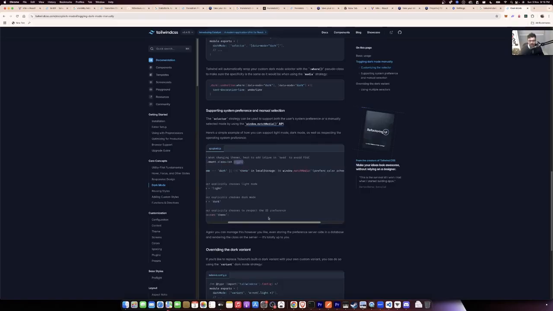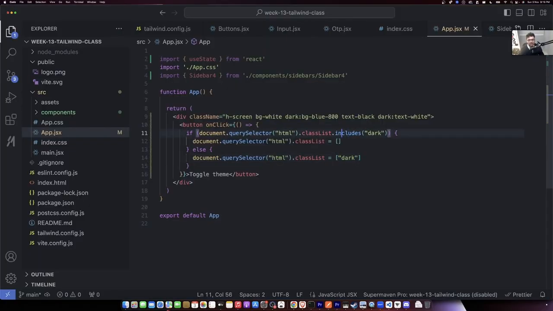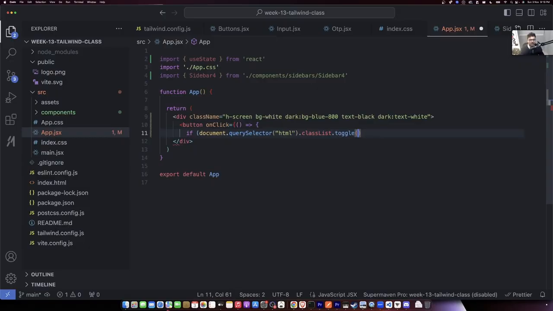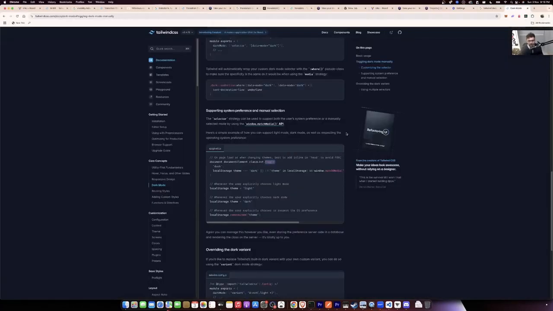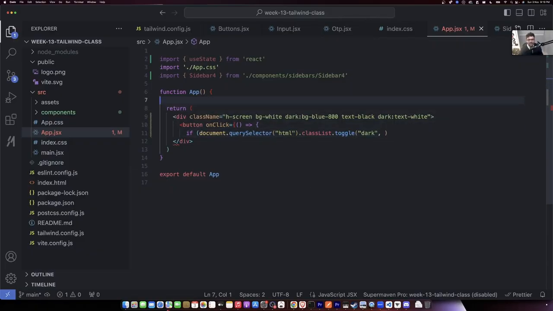What they suggest is something like this: classList dot toggle dark. document.classList.toggle dark. It changes the dark class to add or remove it based on certain conditions. Their conditions are here. Our condition might be